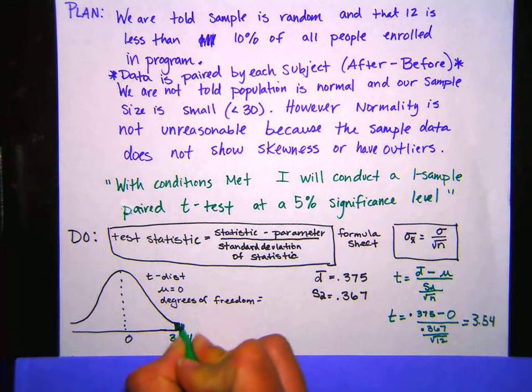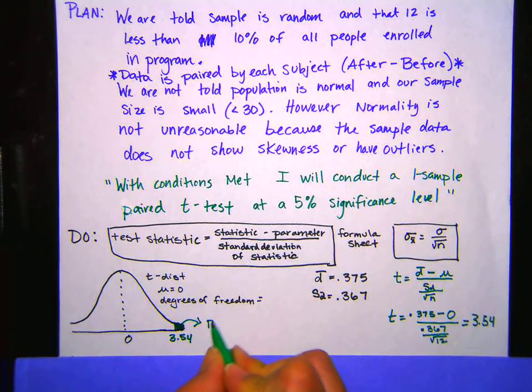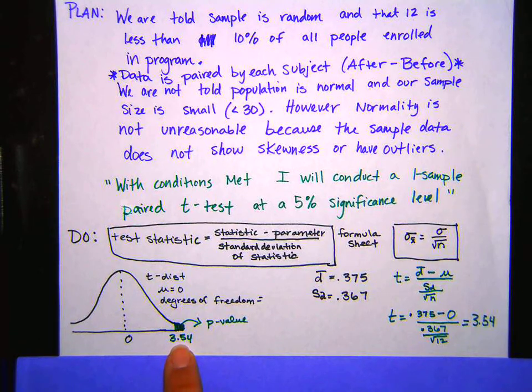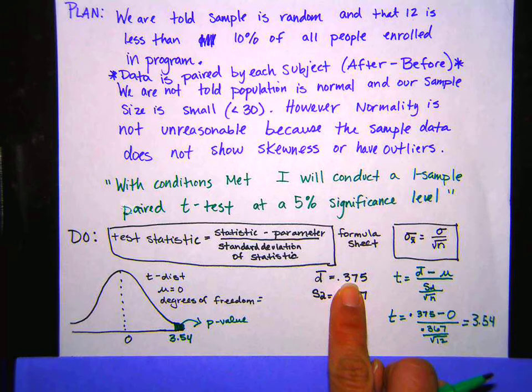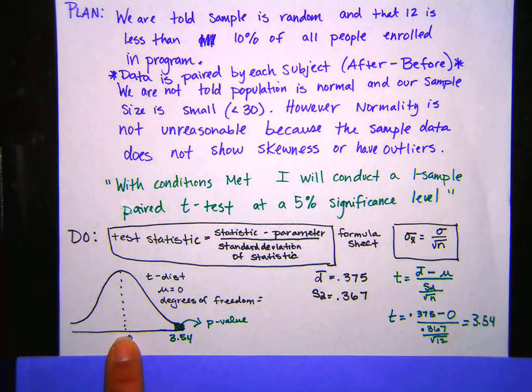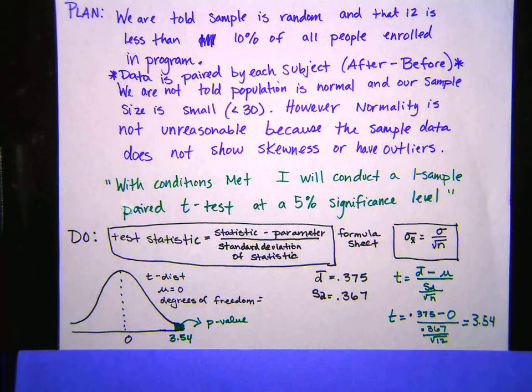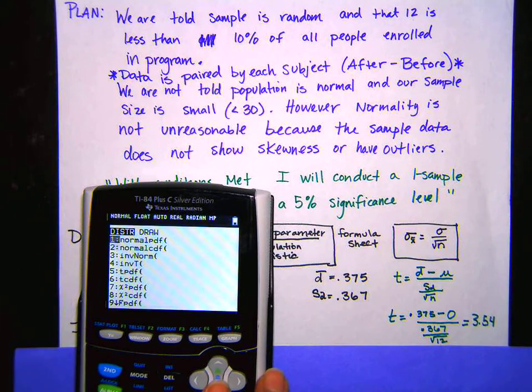Remember what the p-value is. It's the probability of getting this sample data, the probability of getting a sample mean of 0.375 if the mean is actually 0. So what's the probability that we get this test statistic? Well, we can use our calculator for this, and we're going to get the accurate p-value if we do that. So if I go to vars, inverse t, the area, remember, it's always area, I'm sorry, not inverse t, my bad. We're going to do second vars